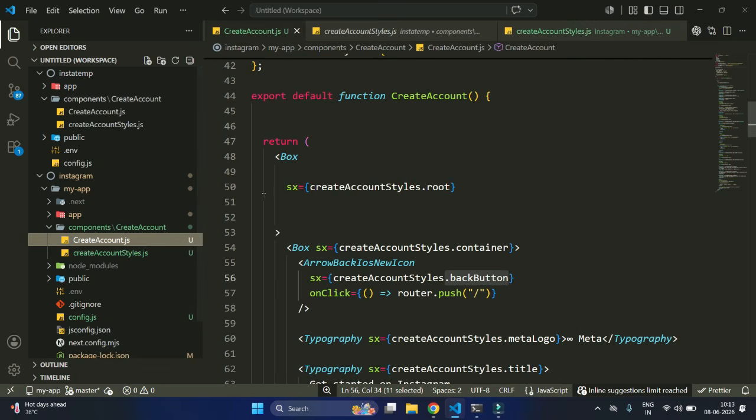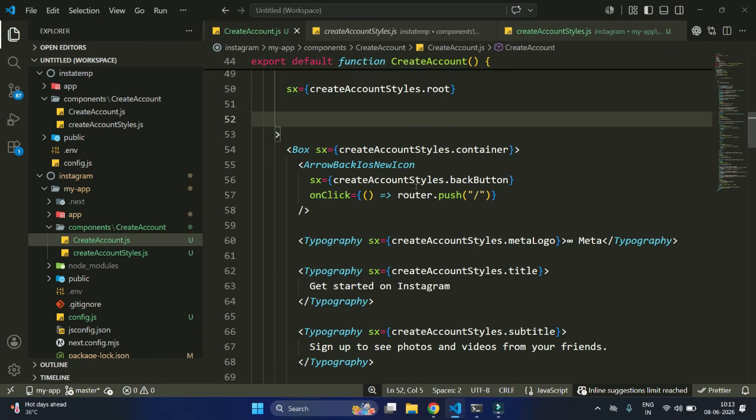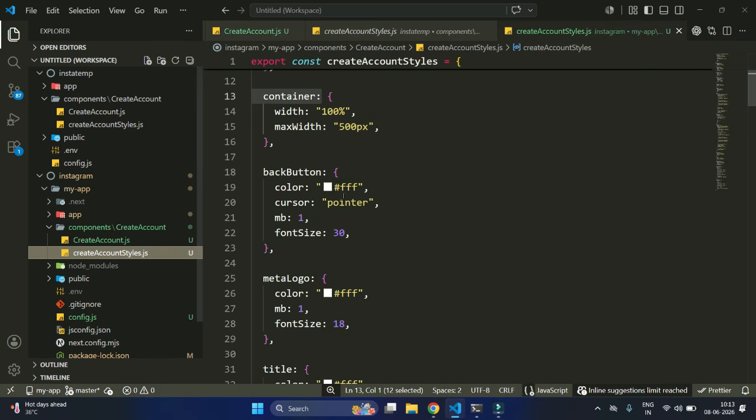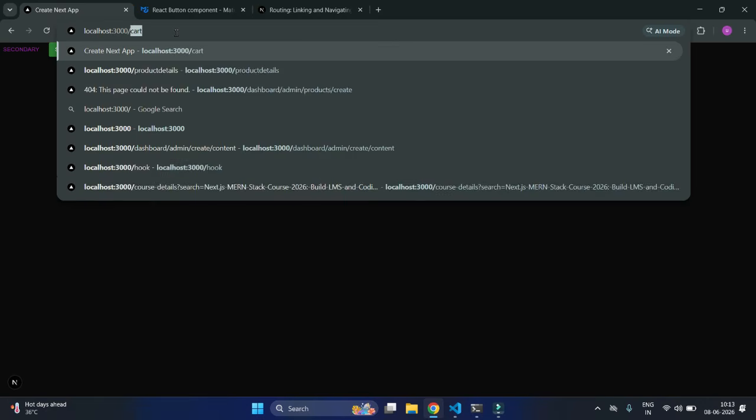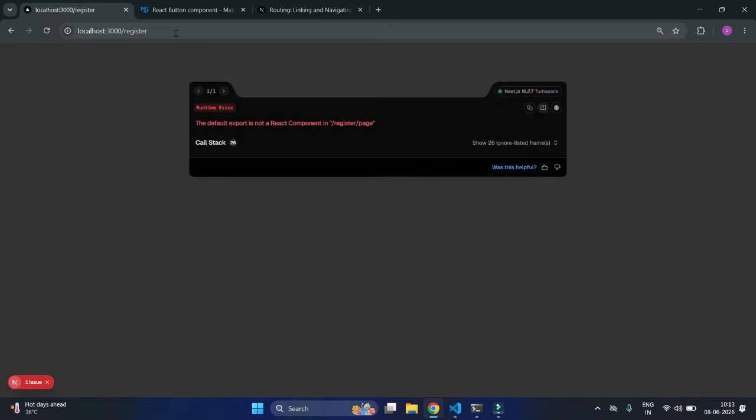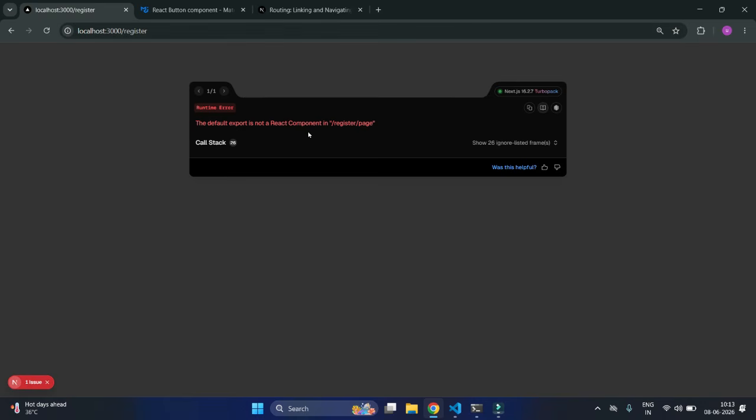What is this sx? It is just additional styles. Okay, create account style dot root, and then create account style dot container, and then for the back button we have these styles. Now let me check it here. You have to go to the register page, and if everything is going well you will see what